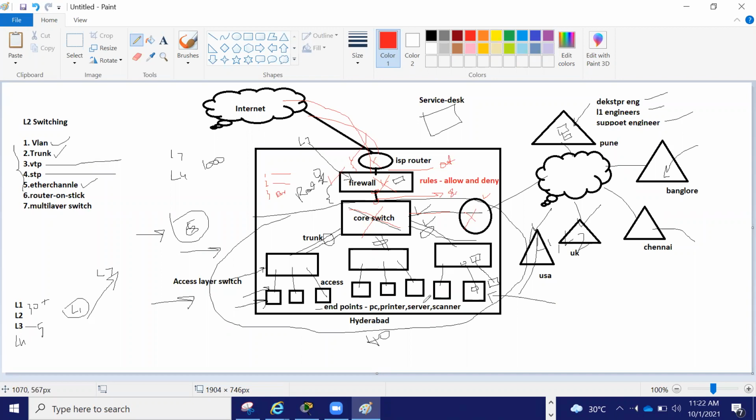If this firewall has some problem, then all the connectivity and all the information will be down. Similarly, the core switch is the key. It is the heart of your organization, where all the L2 L3 technologies will be running. And this is hardware. Humans cannot be saved from viruses, right? So these are hardware.